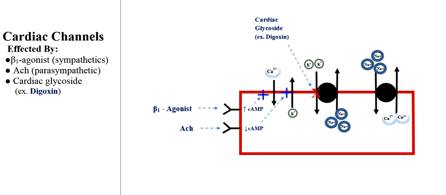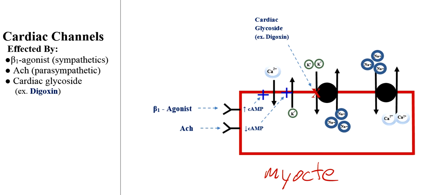This next topic is really highly tested on tests, and it's really important that you understand it. It's really a concept that gets applied to a lot of test questions, and I can tell you how it's applied. But the whole concept of having channels on a cardiac myocyte, so that's what this red box is supposed to be, is